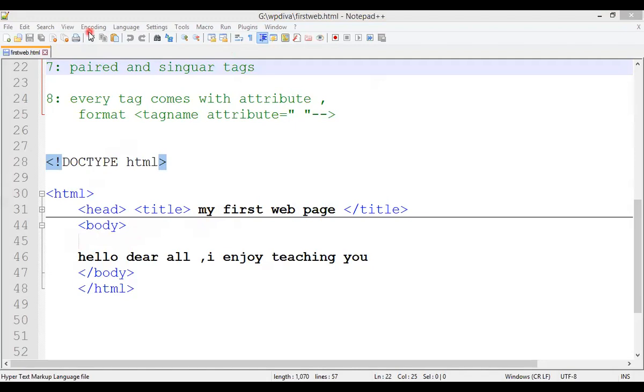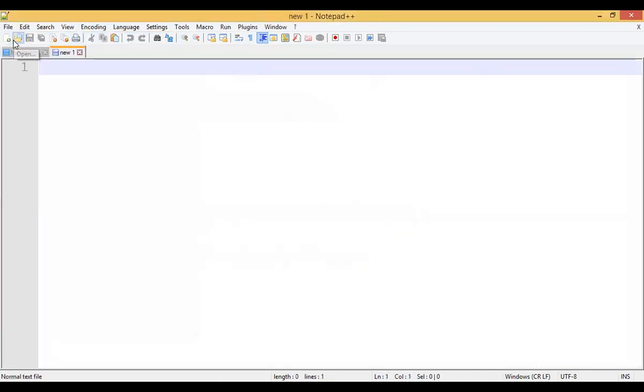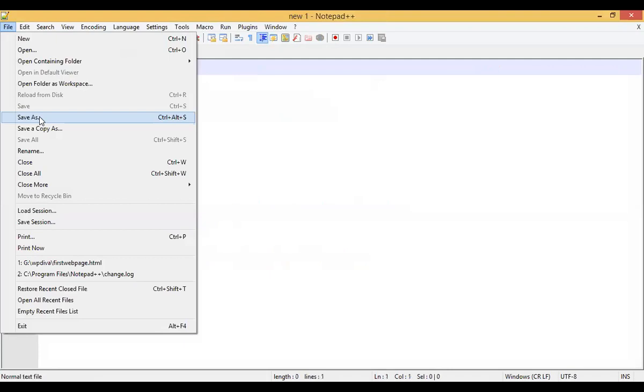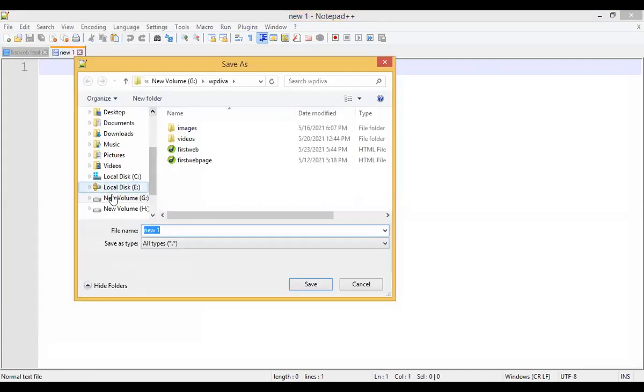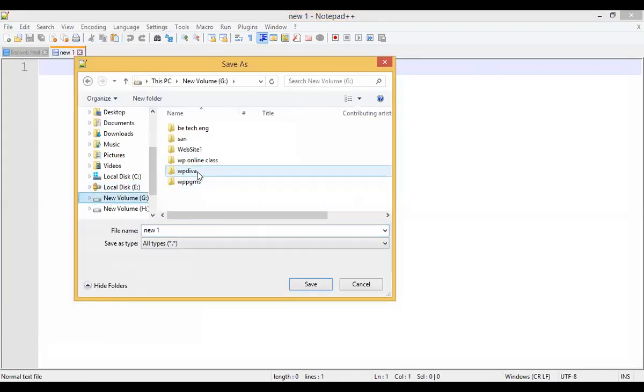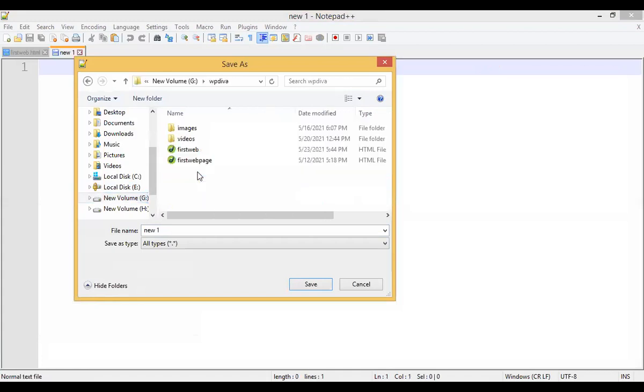Okay, so once again we will see creation of a new file today. So I will create one new file, go for New, right? Then I have to save the file, I have to go to Save As, right? So I went to the G drive, created a folder called W3 division A, and here I created a file, for example, demo.